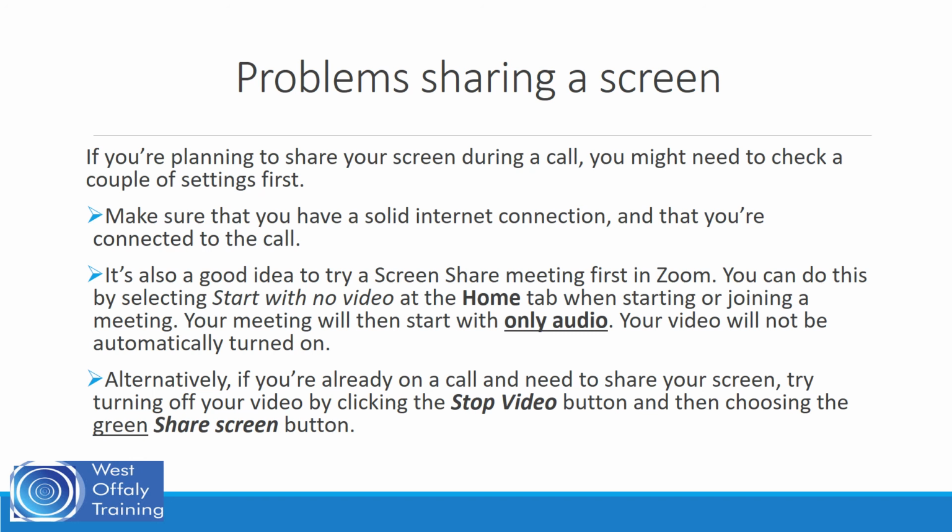You can do this by selecting Start with no video at the Home tab when starting or joining a meeting. Your meeting will then just start with only audio, and your video will not be turned on. So again, I talked through two options there on the home screen, when you're in a meeting, where you can turn on or turn off the audio and also turn on or off the video. So that's what you're looking for there, start with just audio, and then the video will not be